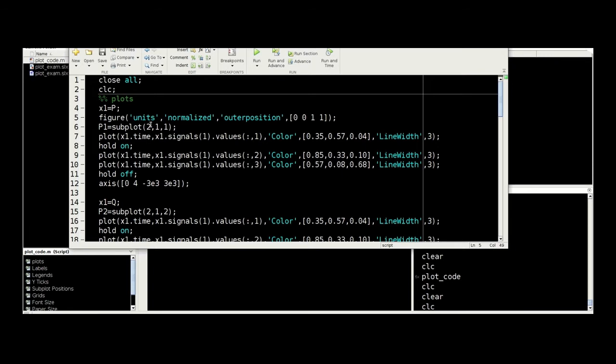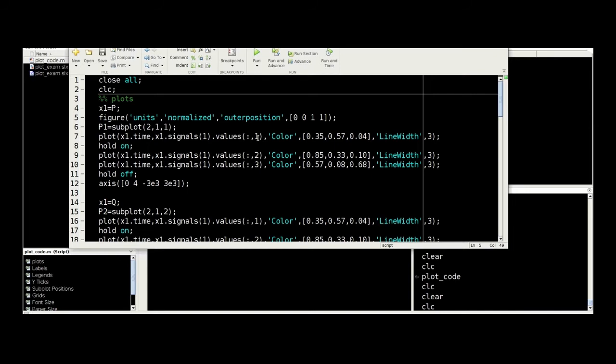I have created the two vertical subplots using the subplot function 2 1, and then used the first subplot as P1. So I have created a variable P1 that uses the first subplot, and then I am plotting the first signal using x1 dot time, x1 dot signals of 1,